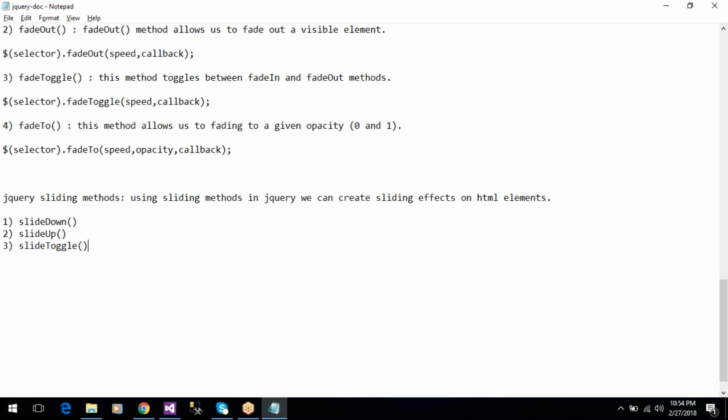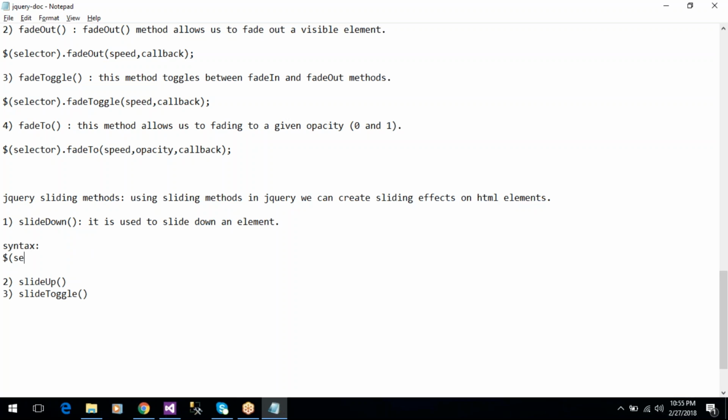First, the slideDown method. The slideDown method is used to slide down an element, and the syntax is